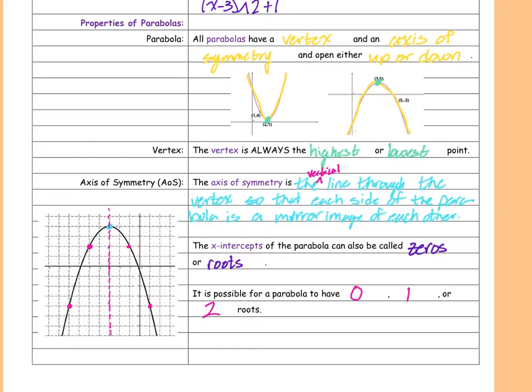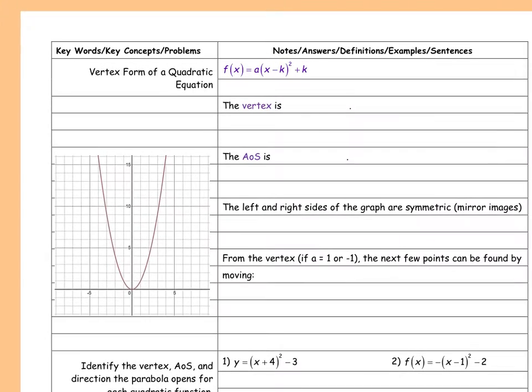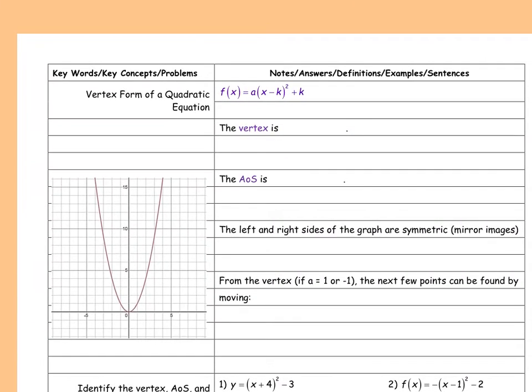Okay, we're going to go ahead and go to the next page. We have a little bit more definitions at the top here. And now we're going to talk about vertex form. We've kind of already talked about it when we were converting to vertex form, right? When we were doing completing the square, we were putting it into this form, which is